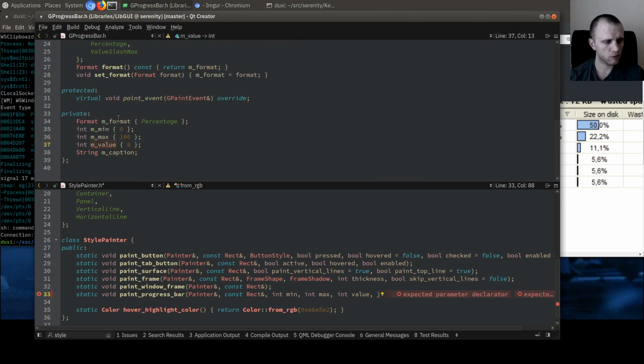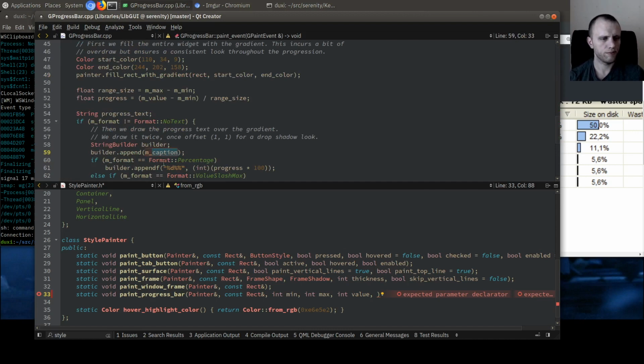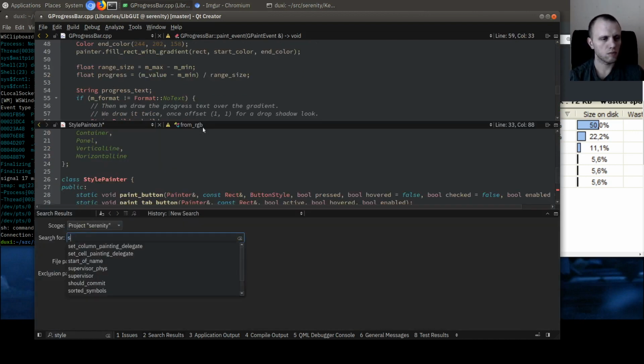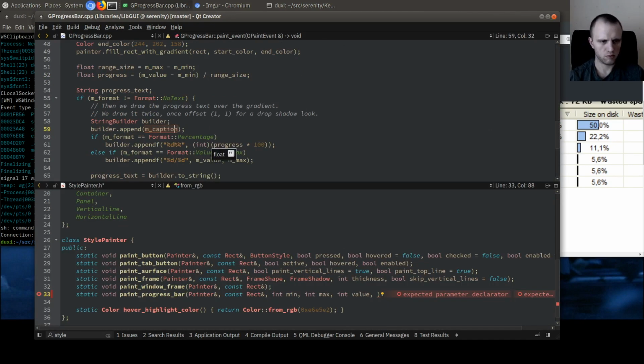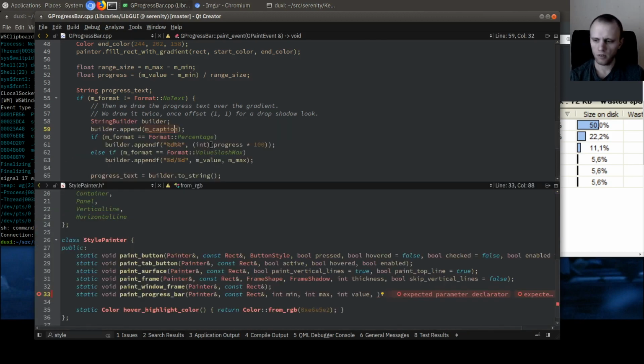Min, max, value, format, caption. Caption. Okay, and I guess we can include that. So const string view caption, which can be optional, and then we'll also say,